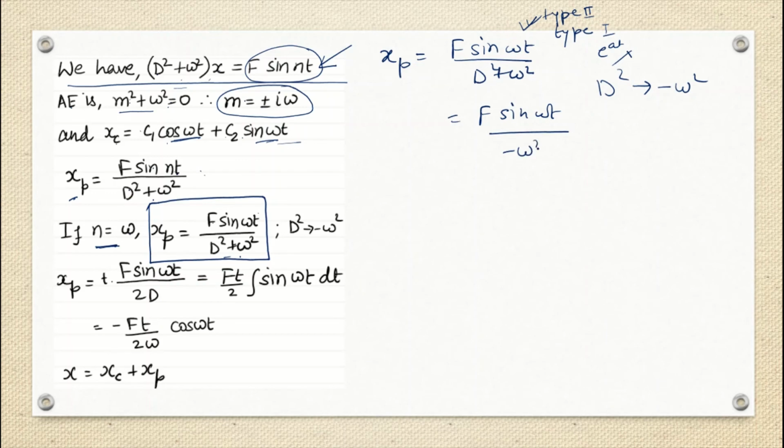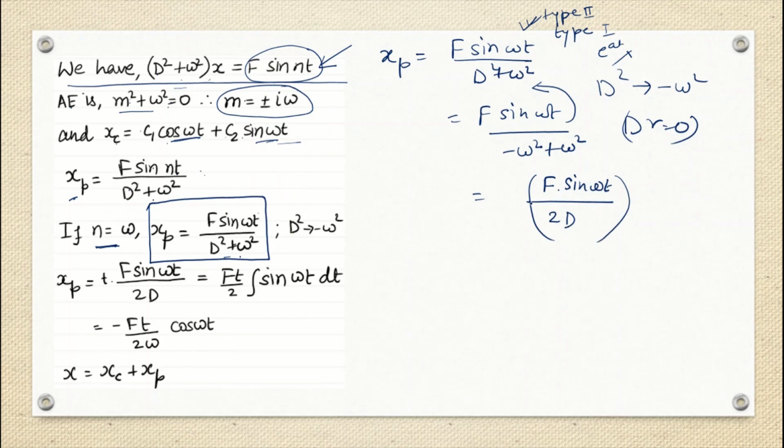Then it will give me 0, right? So for that, what do I have to do? In case the denominator is giving me 0, we have to go one step previous. We have to find the derivative of the denominator. So if I am finding the derivative of the denominator, it will give me 2d plus 0, because the derivative of a constant gives me 0. And then we write the numerator as it is. And if I am finding the derivative in the denominator, I have to multiply the variable in the numerator. So these things in type 2 we have covered, correct?